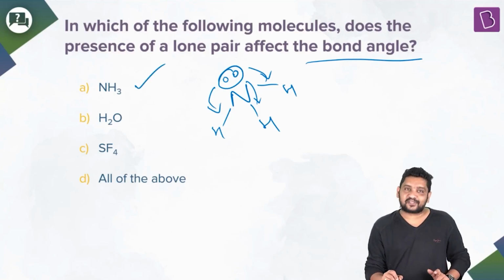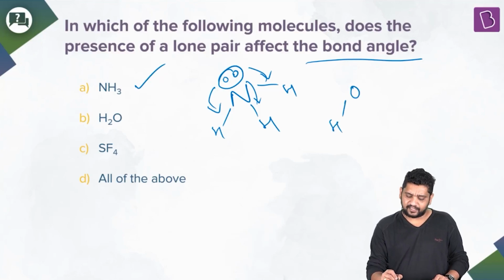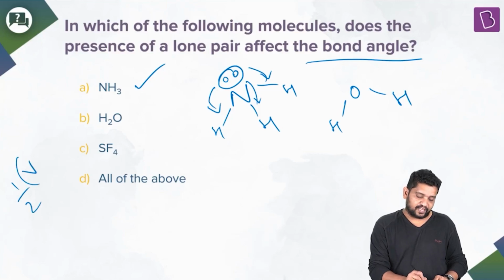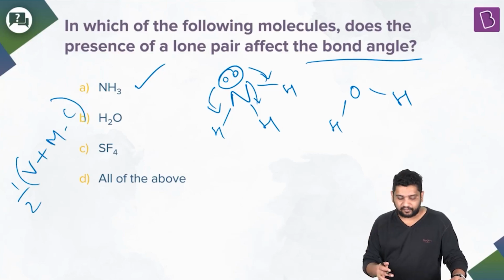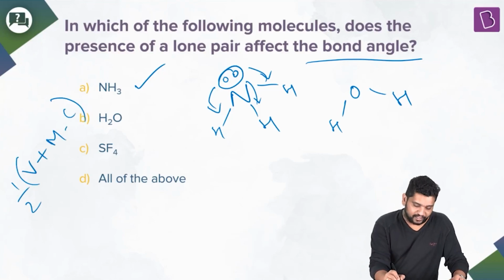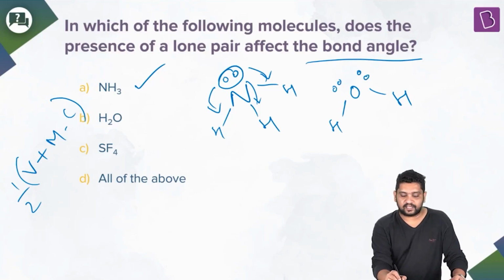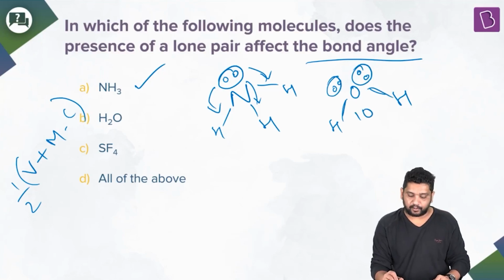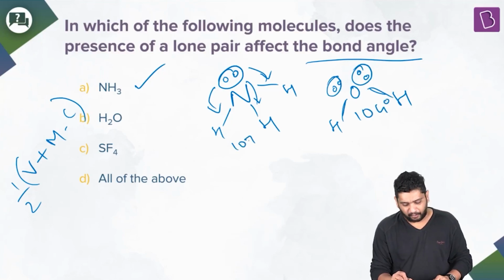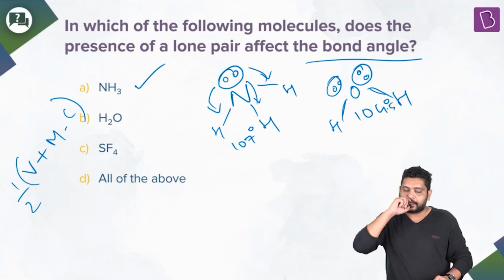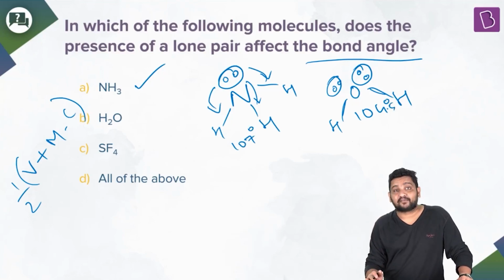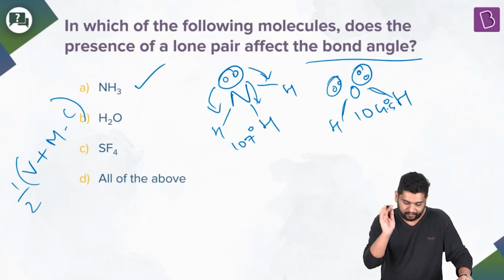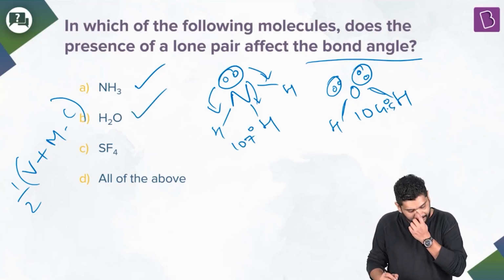In H2O also, of course, we know lone pair does have that impact, right? So these are very simple molecules, so I'm not going through the steric number formula, right? Half of valence shell electrons plus number of monovalent atoms minus charge. I'm not using the formula to find steric number because we already know these really well, right? So as far as H2O is concerned, you have 2 lone pairs on oxygen and 2 bond pairs. Of course, we know the bond angle is reduced to approximately 104 degree, 104.5 degree as you wish. The bond angle is of course reduced from 109.5 degree, which is the tetrahedral angle. So yeah, of course, lone pair is affecting. Even this is the answer.